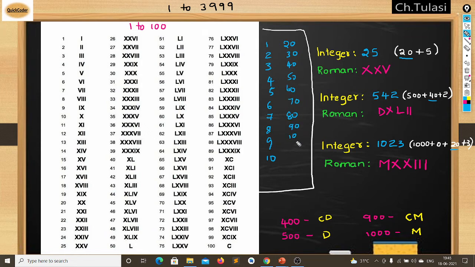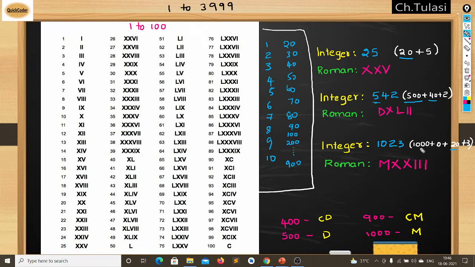So we are discussing only the tens place now. And again, let's come to the hundreds place. Here we require 500. We may also require 100, 200, 300 for representing hundreds place numbers, up to 900.